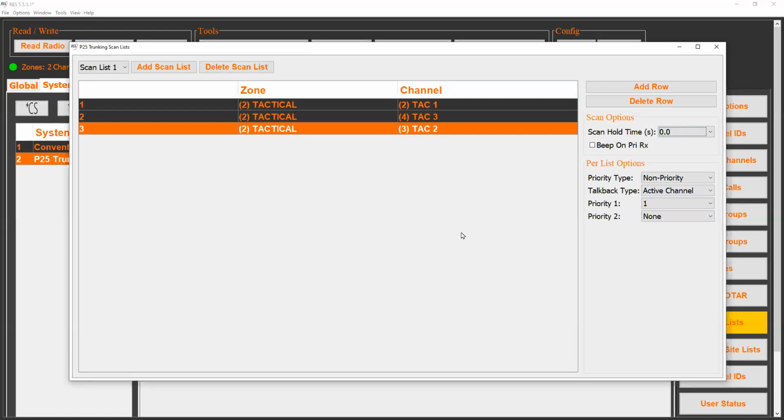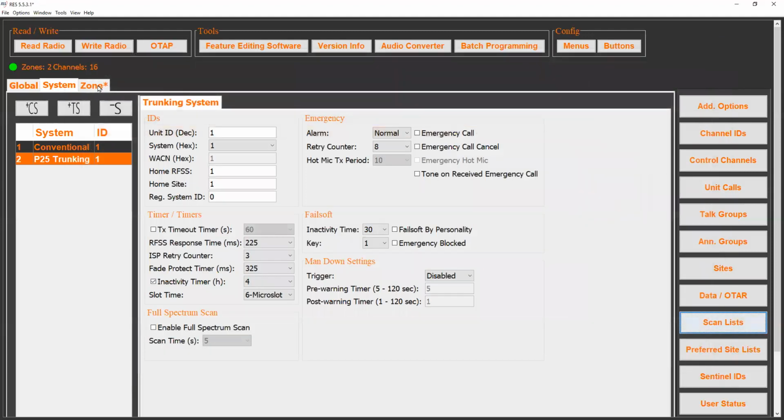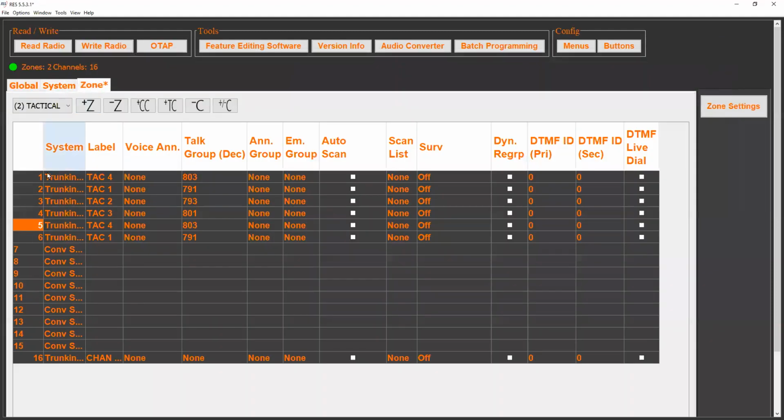Once we have the scan list configured the way that we want, we then have to assign it. So we go to zone, we go to the channels that we want to assign, and then under scan list, we select the scan list that we want. Now, it's a good idea to pretty much just set every channel to the same scan list, because that gives your user the capability to edit their scan list on the fly from the radio. And it takes the responsibility off us, the radio techs who program radios, of being mind readers and figuring out